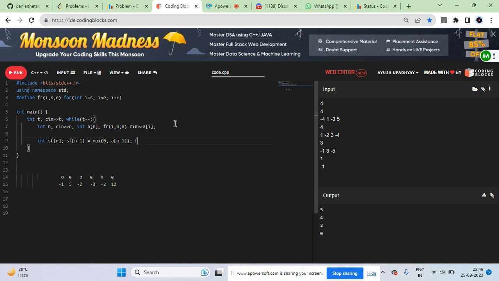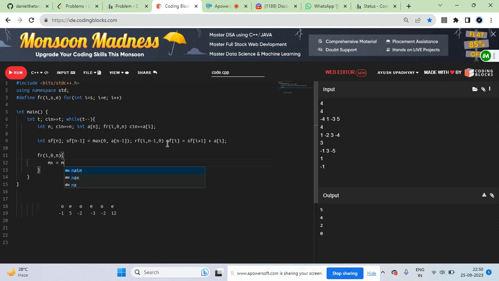एंड फॉर आई, फॉर नहीं होगा, रिवर्स फॉर होगा, तो रिवर्स फॉर लिख लो, एंड i n-1 से लेके 0 तक, suffix of i is equal to suffix of i plus 1 plus a of i, and yeah, then you say कि for i 0 से लेके n तक, and your mx is equal to max of mx comma now।